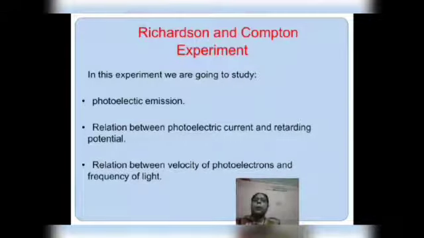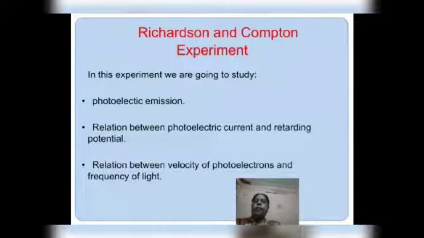In this experiment, we are going to study first what is meant by photoelectric emission. Then we derive a relation between photoelectric current and retarding potential, as well as a relation between velocity of photoelectron and